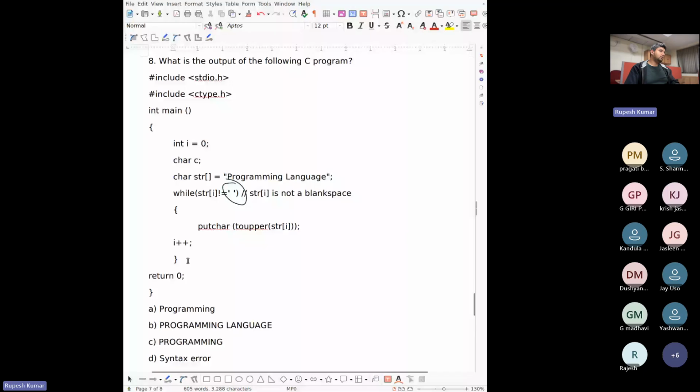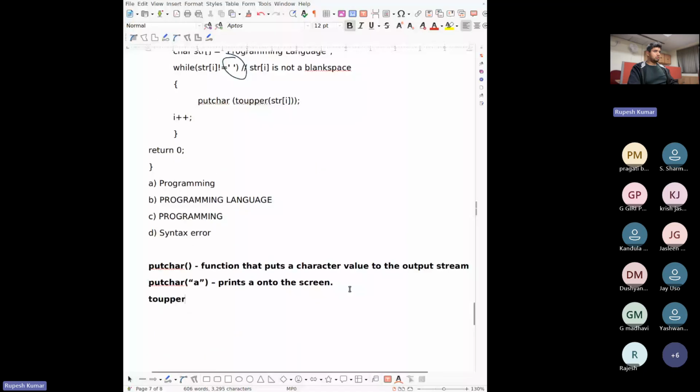You have to putchar toupper. Everyone, are you familiar with the toupper function? It converts lowercase characters to uppercase.